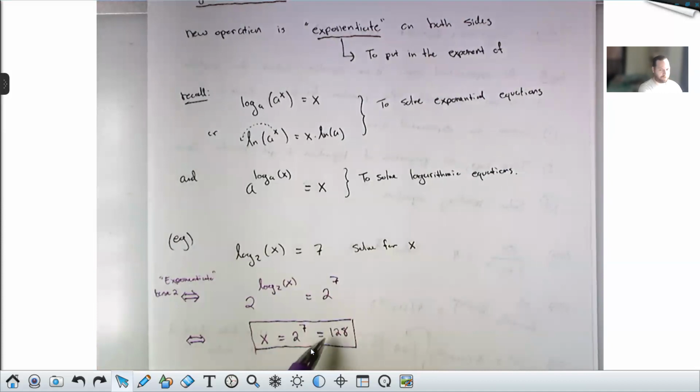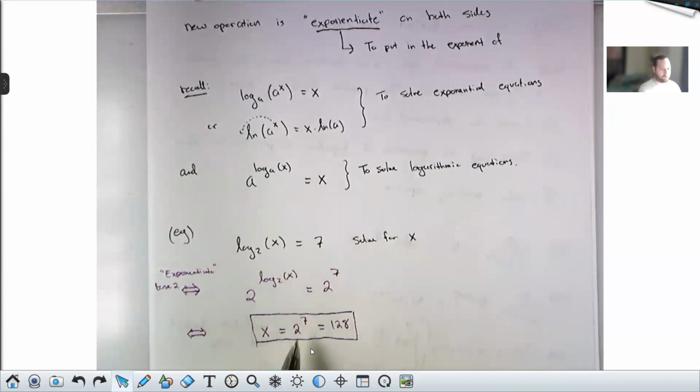Sometimes you'll be able to take this answer and simplify it to an integer, but often we'll just leave it in this form. Either one would be acceptable. That's the basic game. That's it, right? This works because exponential equations are one-to-one, so you can compose on both sides of an equation with an exponential, and the equation will stay the same. The solution set will stay the same. In other words, this operation, exponentiate, no matter what base you're using, as long as it's a positive base not equal to 1, will preserve the solutions. But that's the big step here. So just like taking logs is the big step to solving exponential equations, exponentiating is the big step to solving logarithmic equations. And the more general procedure here